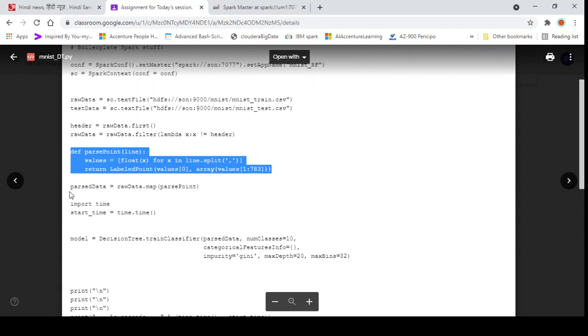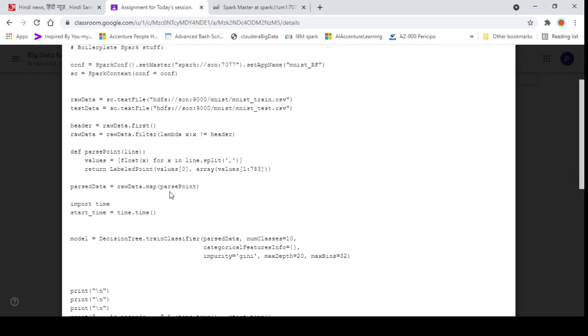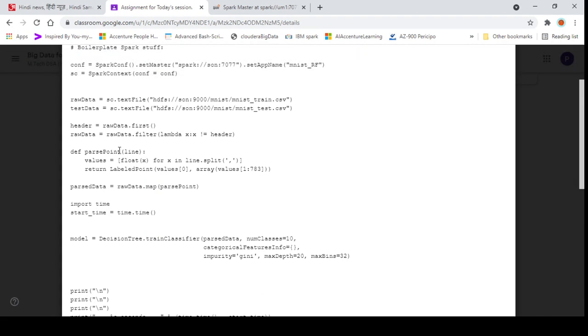This is the function that I will explain once we use it. In just the next line we are using that parsePoint function. In raw data we map this function line by line. So each and every line will be passed to the parsePoint function, and whatever is returned will be saved in parsedData. For each line, the line is going to be split over the comma.